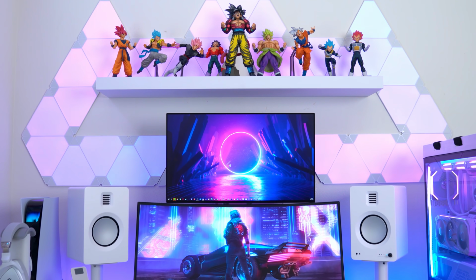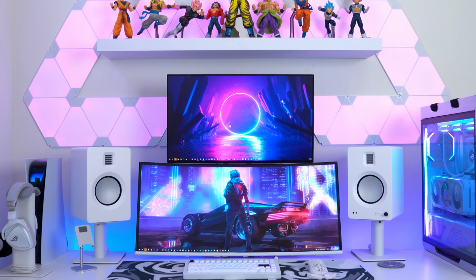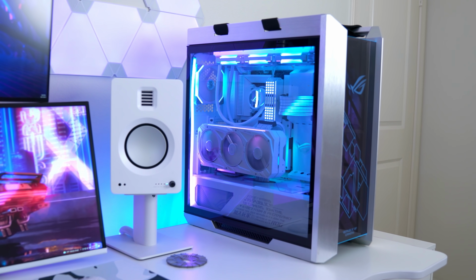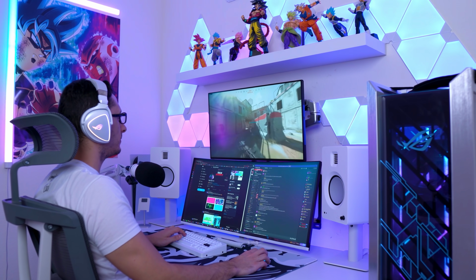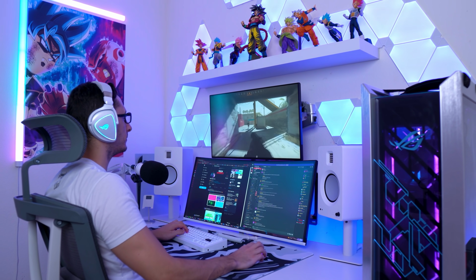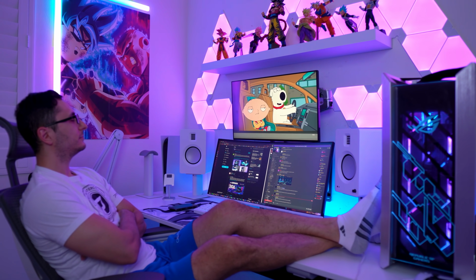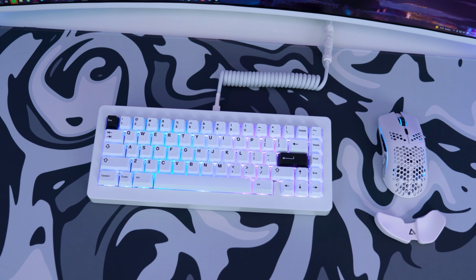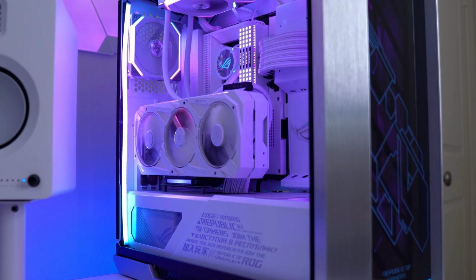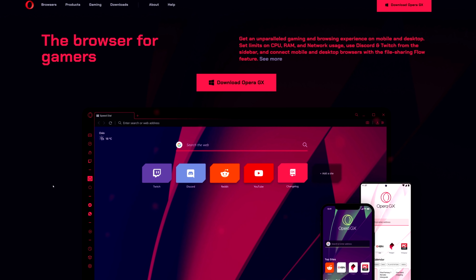So this is my current gaming setup, as most of you have already seen. This is where I get to unplug from reality and enjoy gaming on my custom PC and PS5. As you can see, there is a consistent theme throughout the setup, as I like to customize everything to fit my personality. From the peripherals to the custom PC and even my web browser,